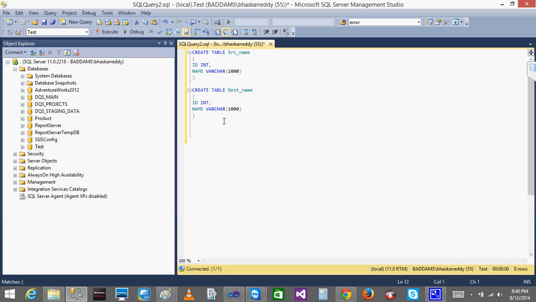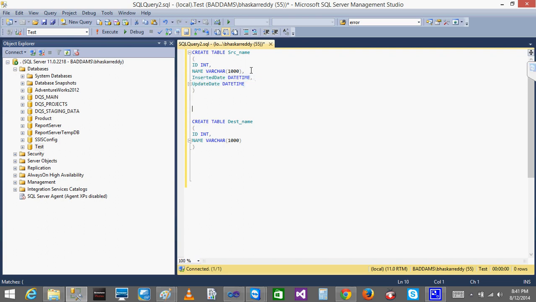Now I'll insert values into the source. In the table I want to add one more column called inserted date time. I'll have one more column called update date time also. Why I need update is that sometimes people, instead of inserting, update the name.